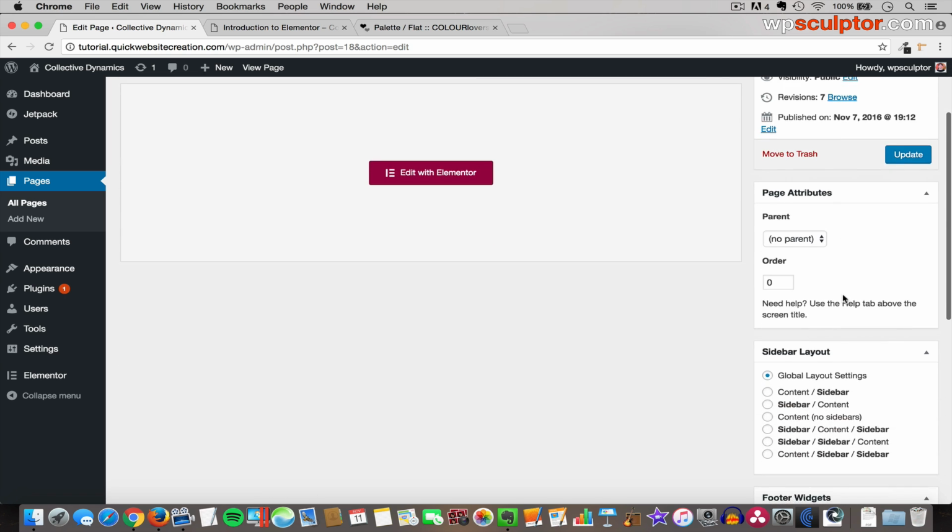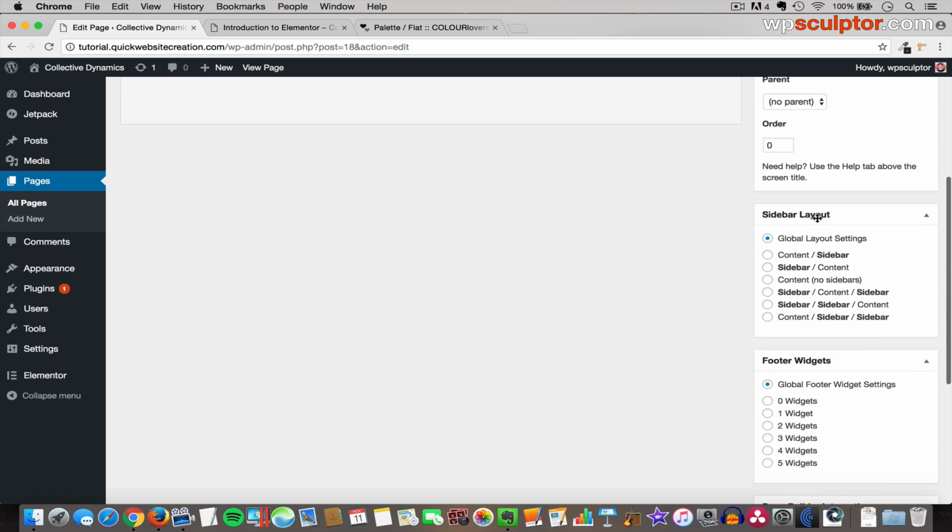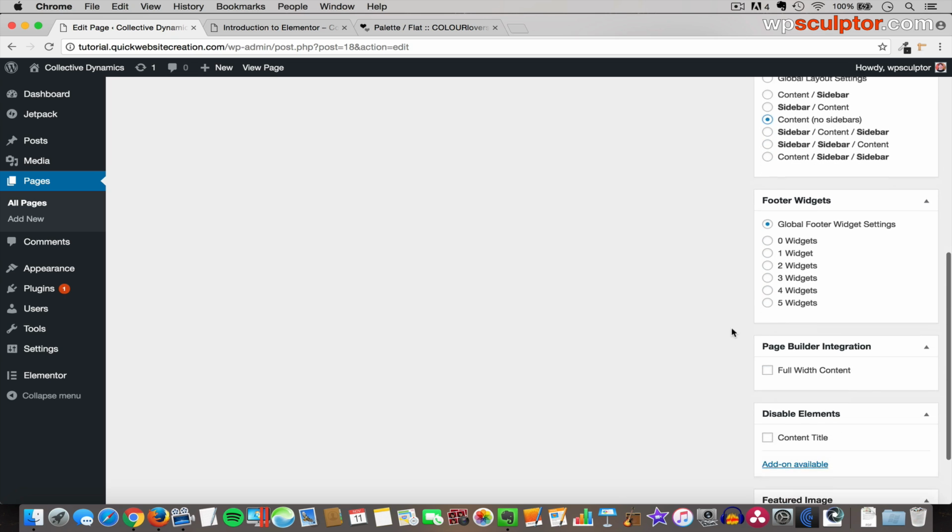And then scroll down here on the right. We're looking for the sidebar layout section, and notice by default it's set to the global layout settings. What this is referring to is our sidebar widget area, and we don't want to have a sidebar widget area at all. We want to be able to completely customize everything with Elementor. So we're going to select the Content No Sidebars option, so just check that,